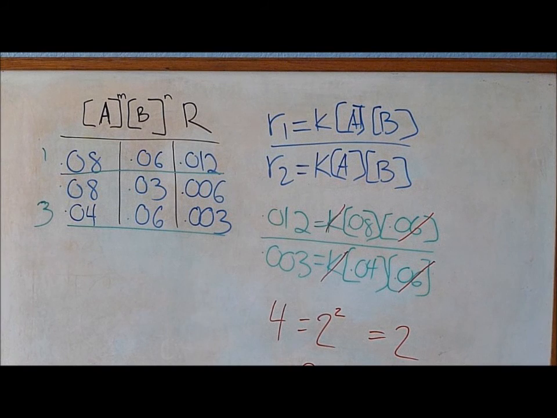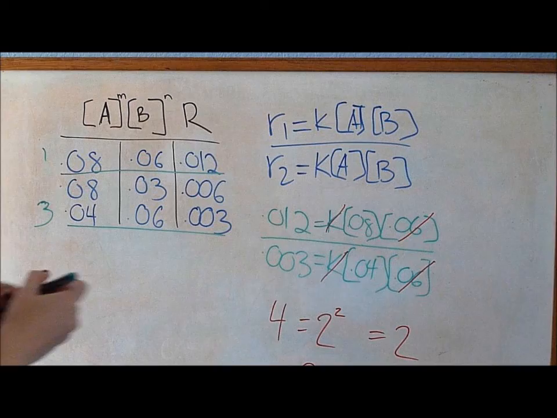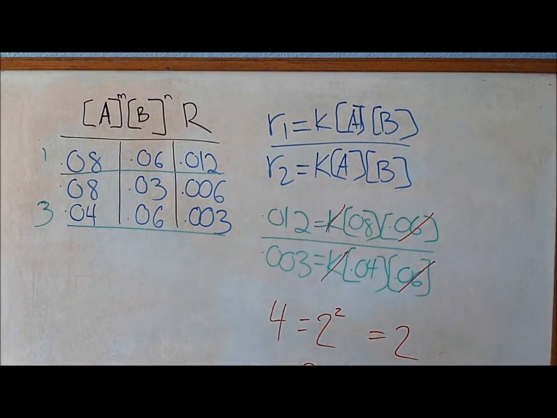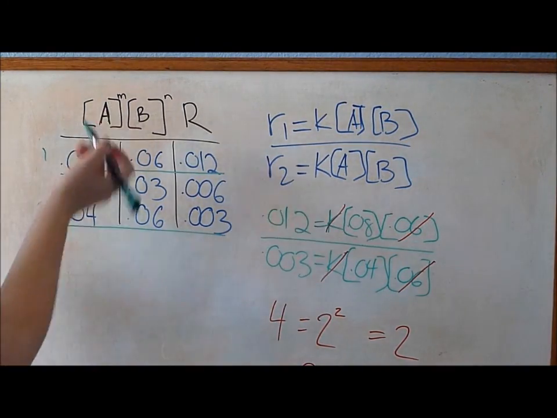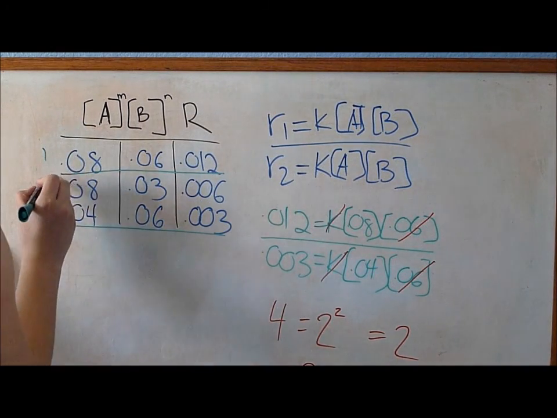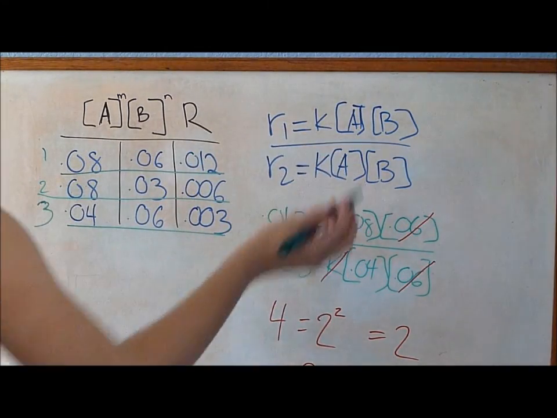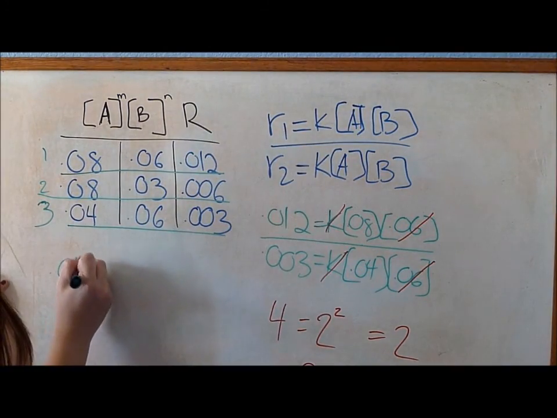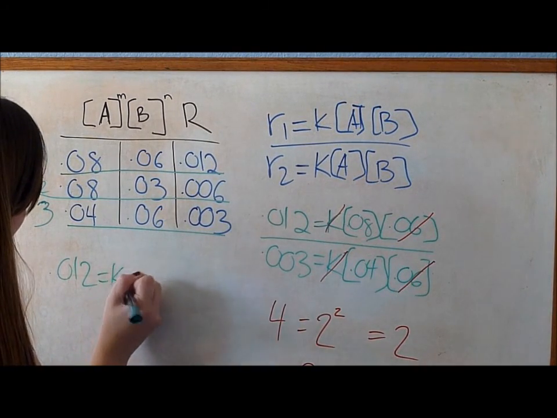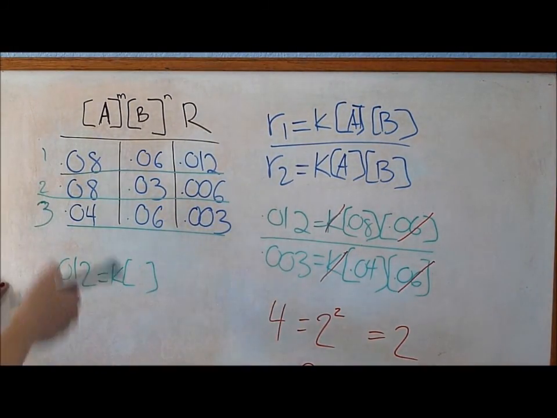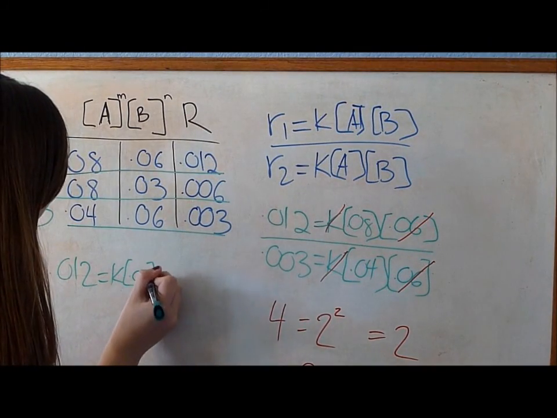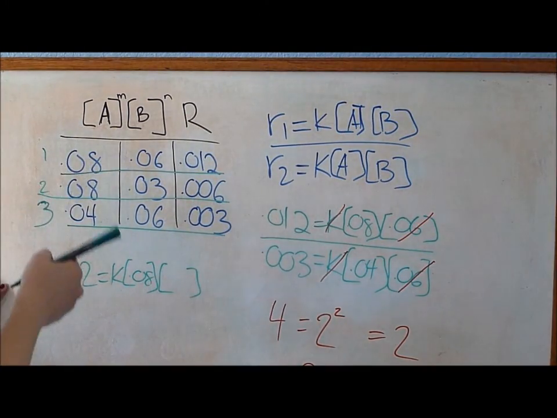Okay, so now you're going to find the concentration for B. So what you're going to do is look at what's the same in column A, which is the first one and the second one. So now you're going to fill in these equations. So R1 is 0.012 equals K of concentration A, which is 0.08, times the concentration of B, which is 0.06,